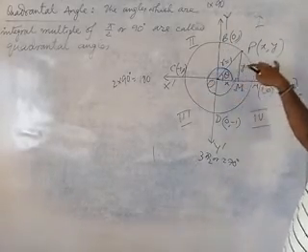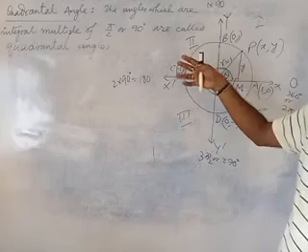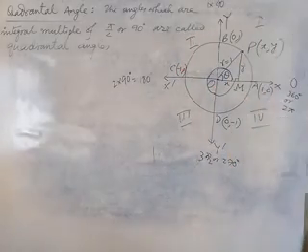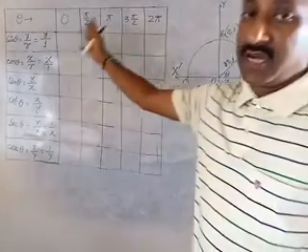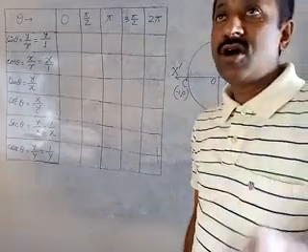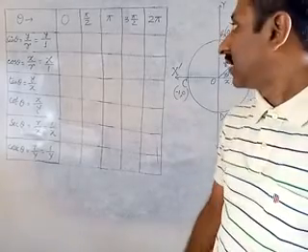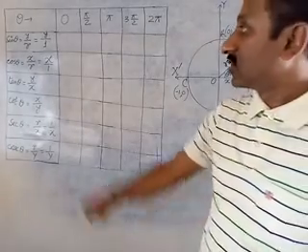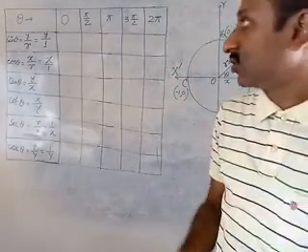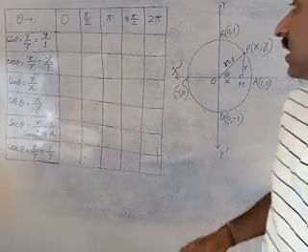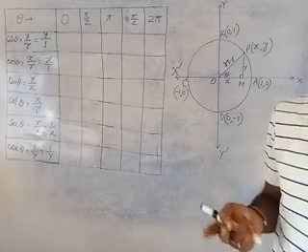First, the values of the trigonometric ratios of the quadrantal angles. I have already prepared a chart. In class 10, all the angles were acute angles, that means 0 to 90. Now we are going to find the values of sin, cos, tan, cot, sec, cosec for the quadrantal angles. Already I told you that quadrantal angles are the angles which coincide with the x-axis or y-axis.